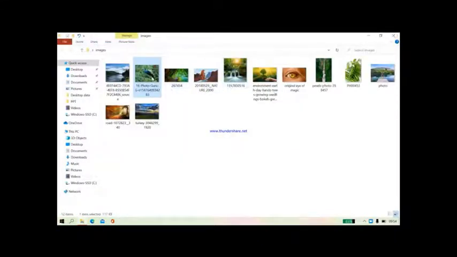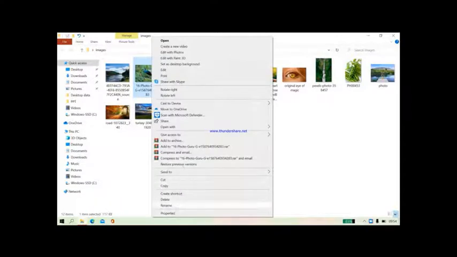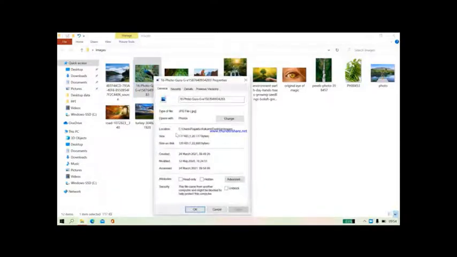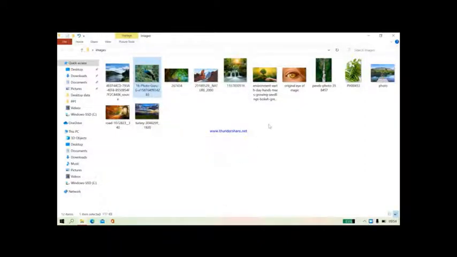Another way is also there. You have to right click on the image and go to the properties. In the properties, this is called the location of the image. This location you have to type first, then put a backslash as a separator, then the image name, and .jpg is the extension. That means you have to take it separately. But if you open it directly with Internet Explorer, it will open directly and you can copy the path into your notepad file.